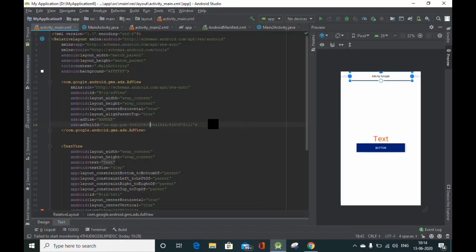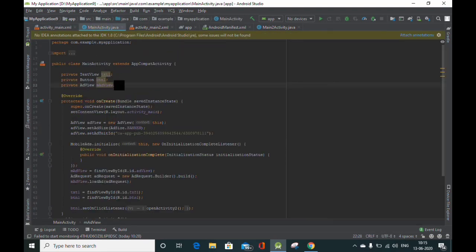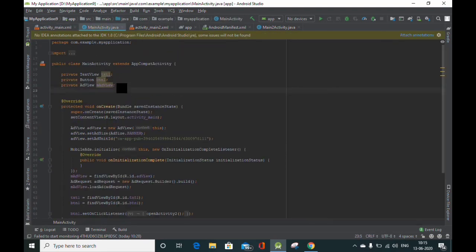So I want that my ads should be displayed when someone clicks this button. So I'll paste this code in my main activity. So I'll simply paste this code here, and now I'll see an error here. So simply hit Alt and enter. So now the error is resolved. So now go back to your browser